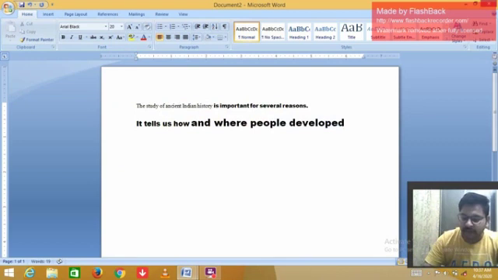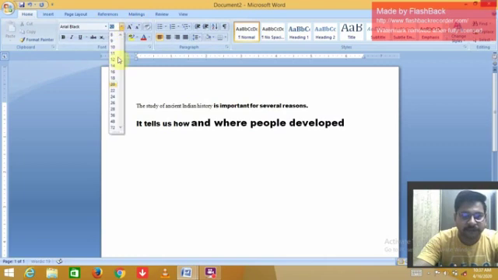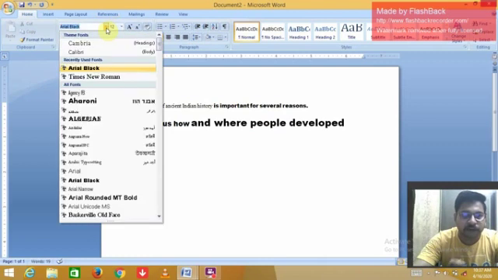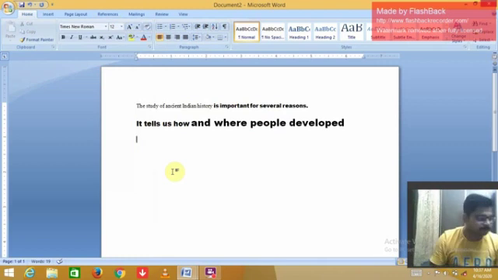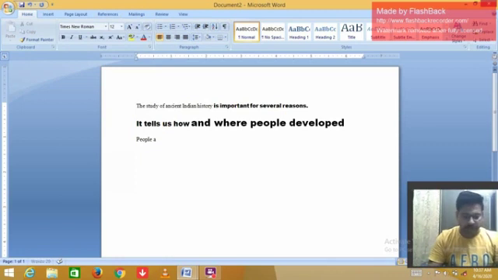Another important thing is how to make text bold, italic and underline. For doing so, I suggest first of all you write some text. So first of all I decrease the font size, 20 is bigger, so I choose 12, and I also change the font face, I choose Times New Roman.